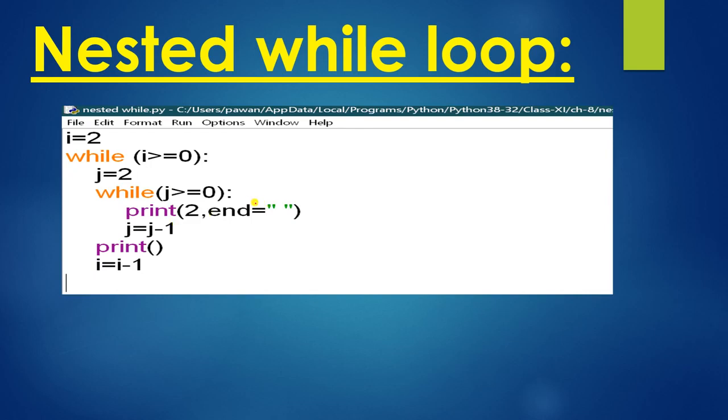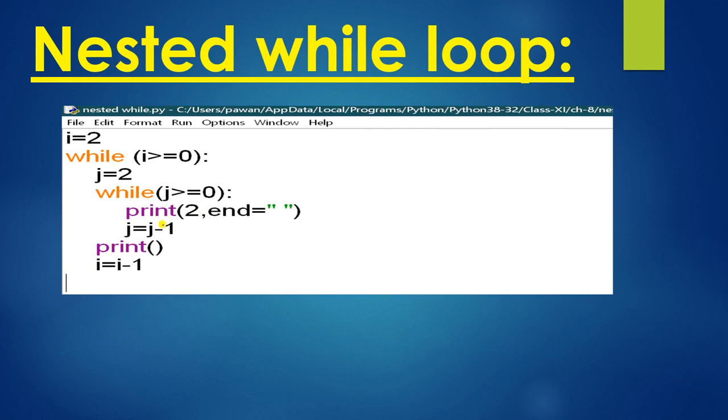So first it will check that the value of i is 2, so 2 is greater than 0. Now the condition is true. The value of j is 2, so it will run until j gets below 0. In the first iteration, j is 2, 2 is greater than 0, it will run, it will print 2, and then a space.